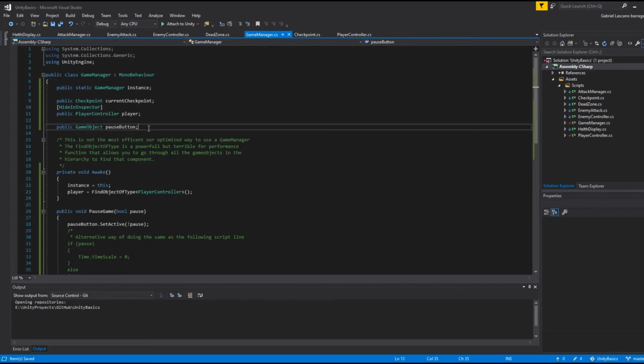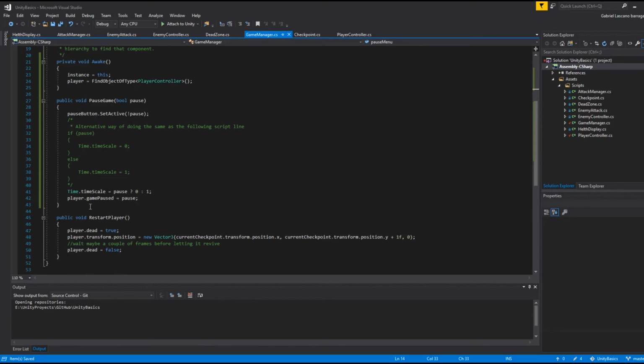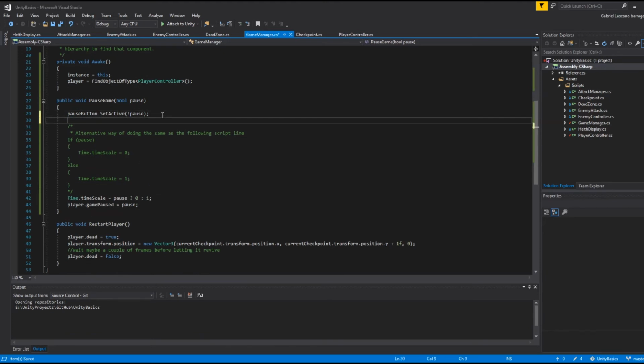The other thing we will require is a public game object pause menu. Right, and we want pause menu dot set active equal to pause. So if the game is paused, then we will display our guide there. Okay, so let's go back to Unity